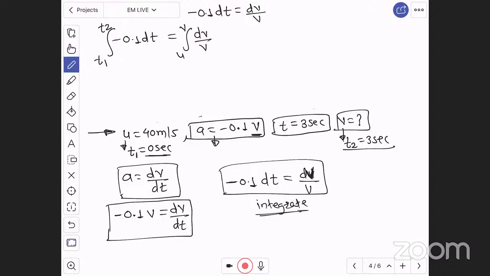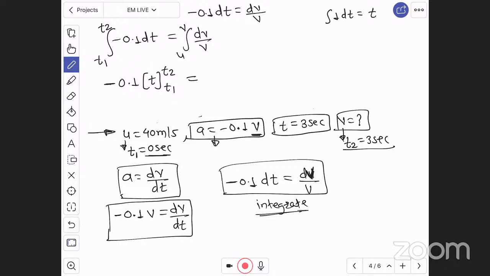Now, minus 0.1 is constant, therefore it will come out of the integration. What is the integration of 1 with respect to t, dt? It is t. Therefore, it will be t, and the limit changes from t1 to t2, is equal to